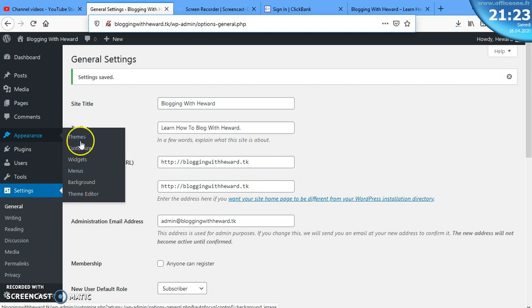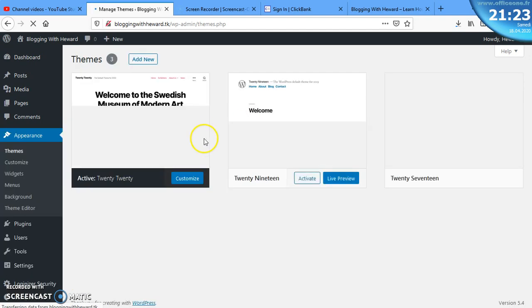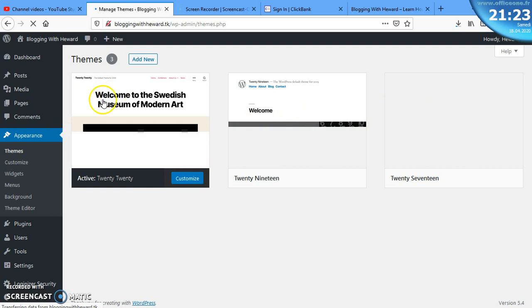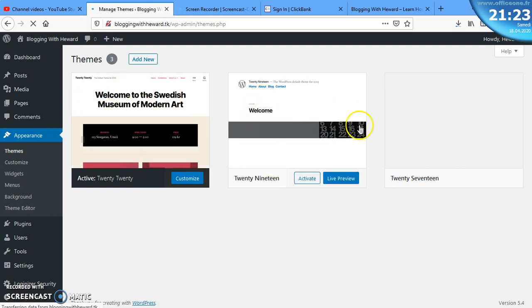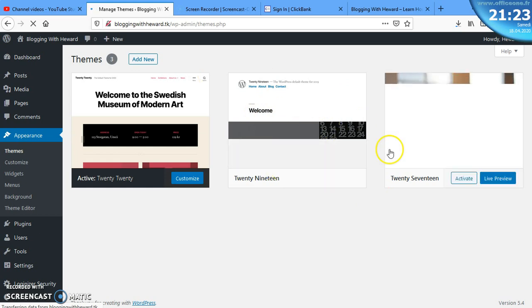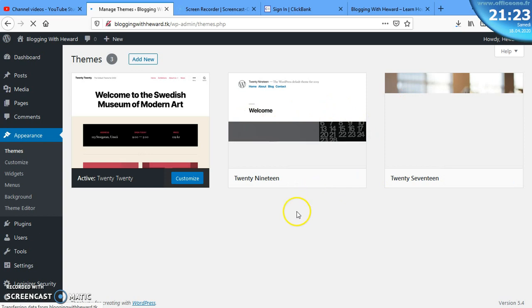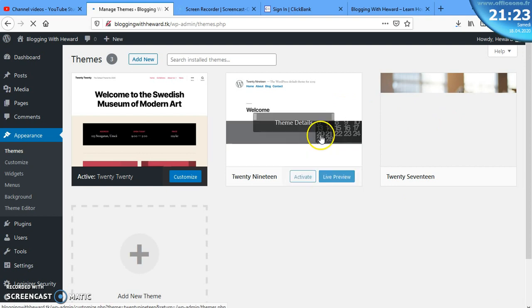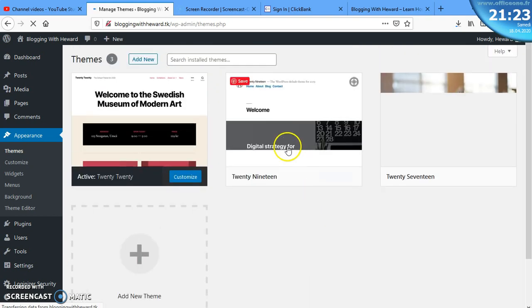But I would like that we go to Themes. There are many themes you can find here, a lot of themes that you can use. Whenever you click or activate one, it's going to take whatever you see here. These are just ordinary themes. Whenever you go down, WordPress will show you other themes. But what you need to do is